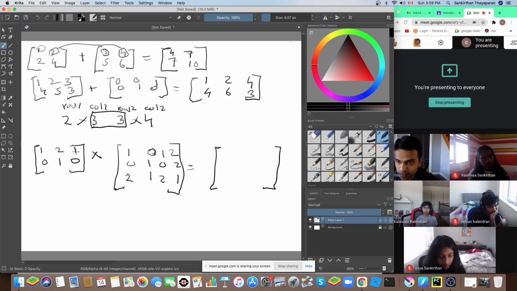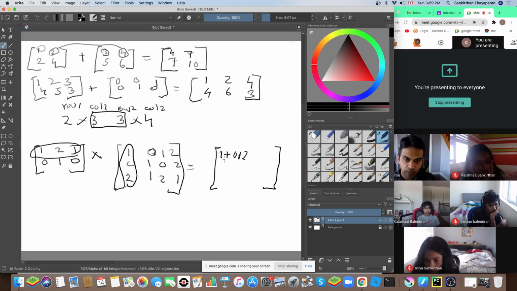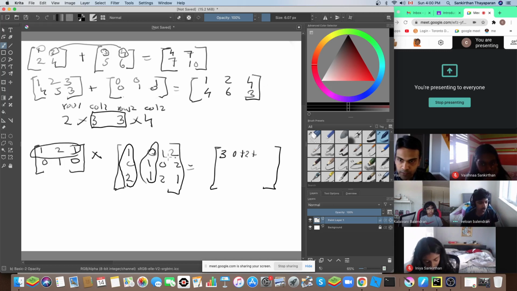This is how we multiply. We take the first row and the first column, and multiply these individual elements one by one. So 1 times 1 is 1, plus 2 times 0 is 0, plus 1 times 2 is 2. Then we add all these values: 2 plus 1, that is 3. So the value here would be 3. Then we do the next one. We take the row and multiply with the next column. In this case it will be 0 plus 2 plus